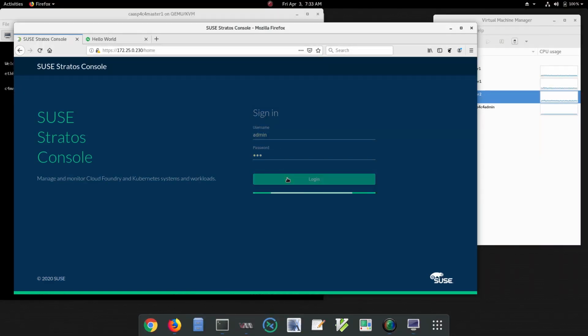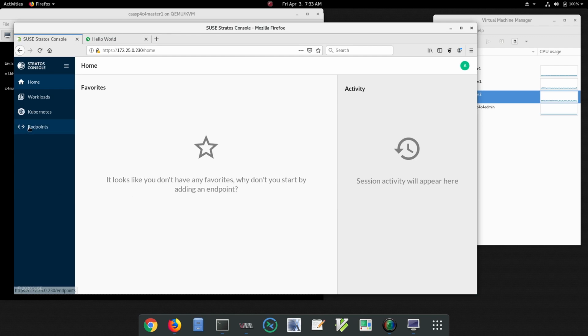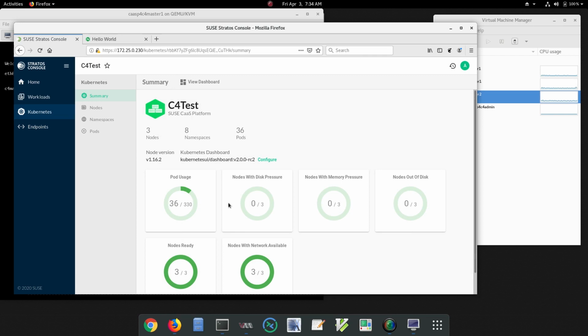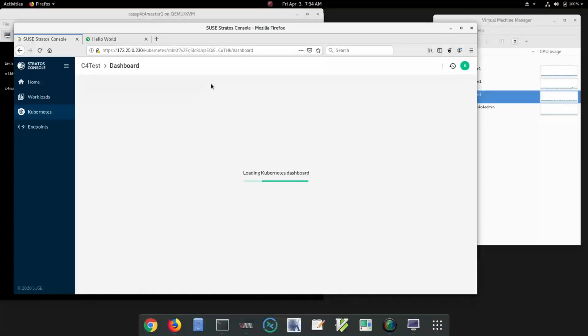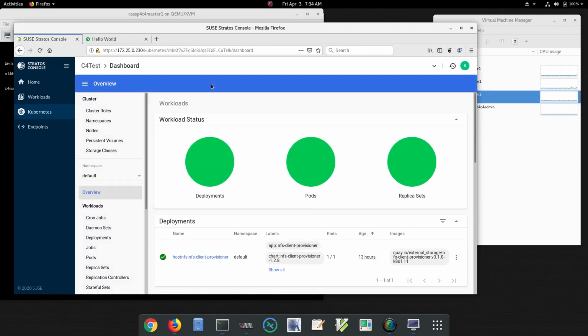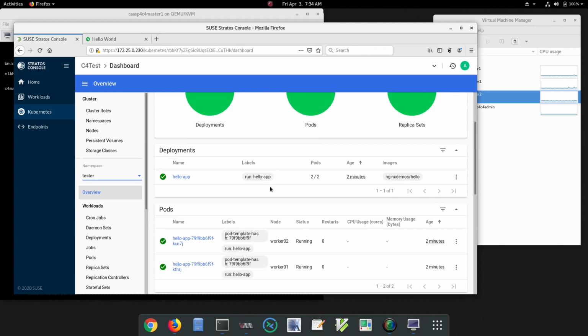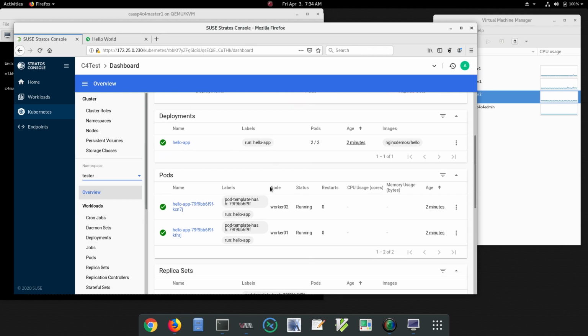So let's actually log back into Stratus. We still got our endpoint defined as we've done before, so we can pop into there, and we can see that we've got nodes that are being used. We've got 3 nodes ready, nodes available with network. We're looking good here. We can go back into the dashboard, and I can actually go and look at a specific namespace. There's my tester namespace, and I can see that Hello App is running here, and it's actually got 2 pods